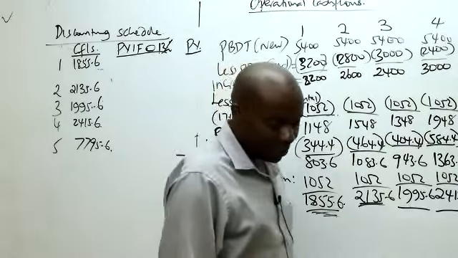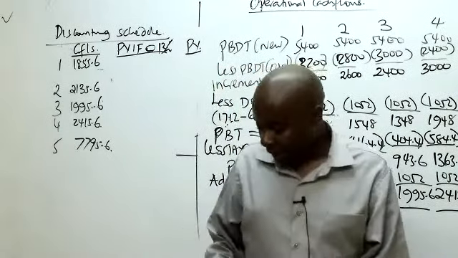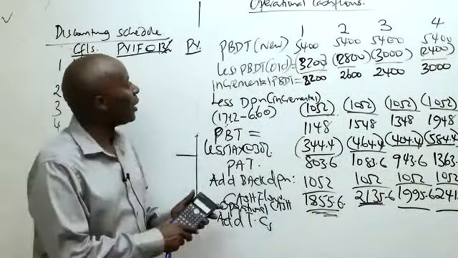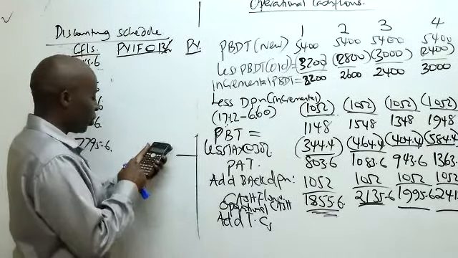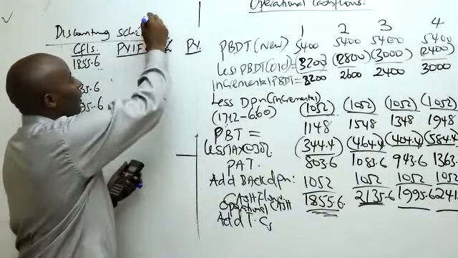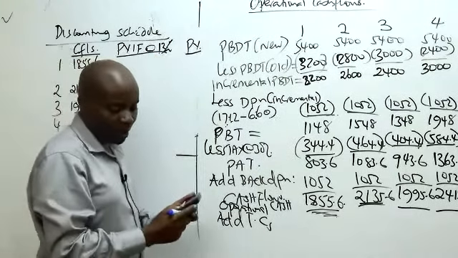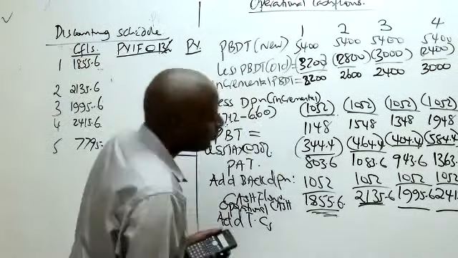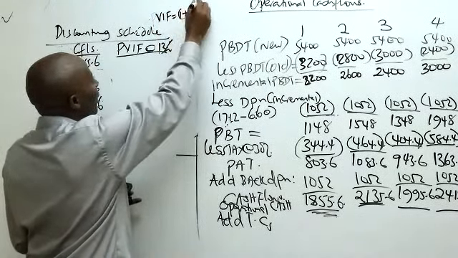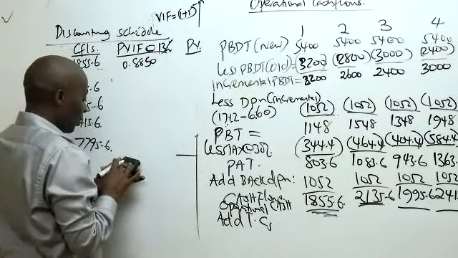So you see at 13%, what do we have here? In discounting at 13%, we are talking of 1.13 because of the formula. The present value interest factor formula, the PV formula, is 1 plus R raised to negative n. So it will be 1.13 raised to negative 1, which gives us the first one, 0.8850. We go to the second one, raised to power 2, which gives us